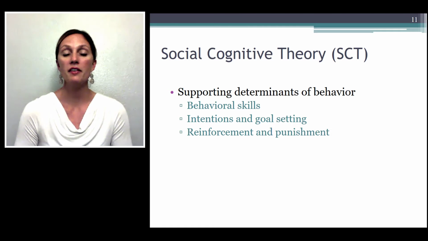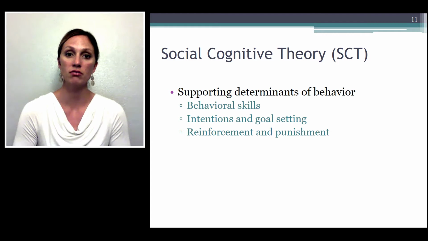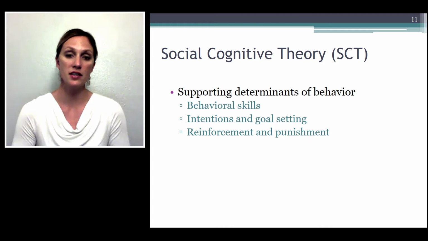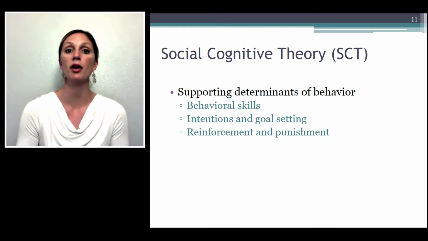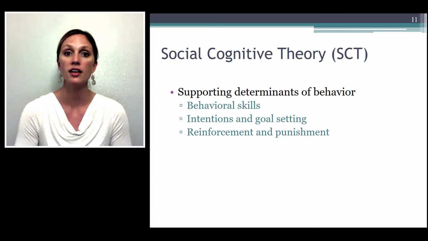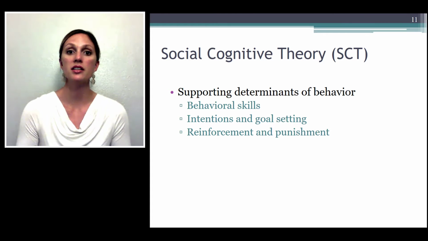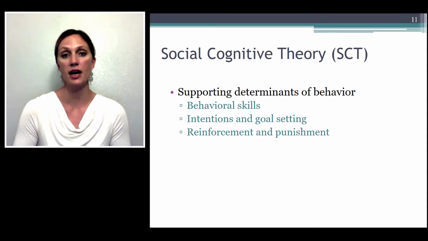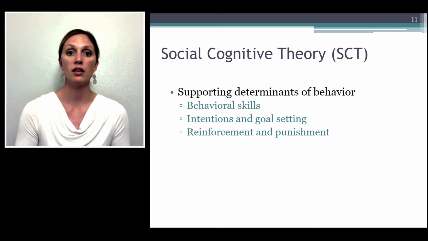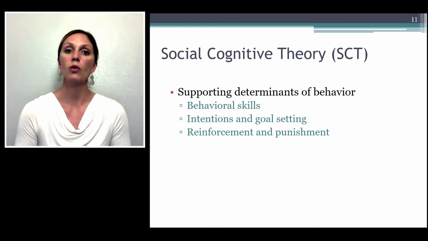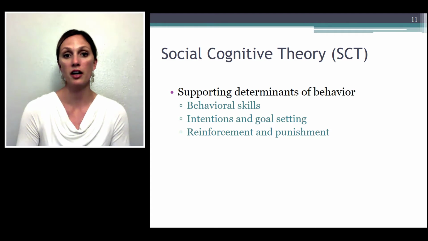And then finally, we have reinforcement and punishment, and this actually is derived directly from operant conditioning. And you may recall that at the beginning of this lecture, I said that the SCT is a departure from that old line of thinking. However, Albert Bandura did still recognize the importance of establishing a system of rewards and punishments for influencing a behavior. So these can be things that an individual creates for themselves, or potentially things that exist in the environment.